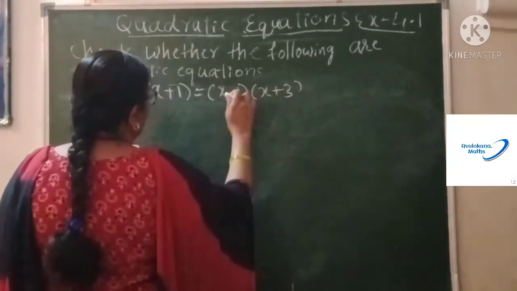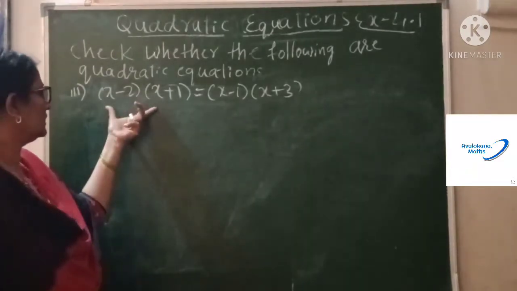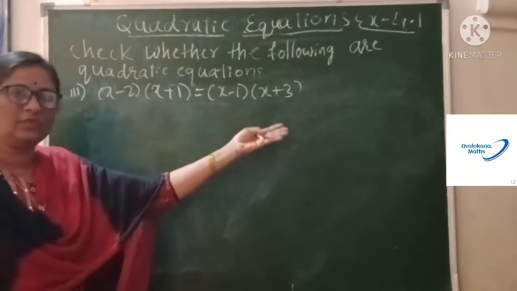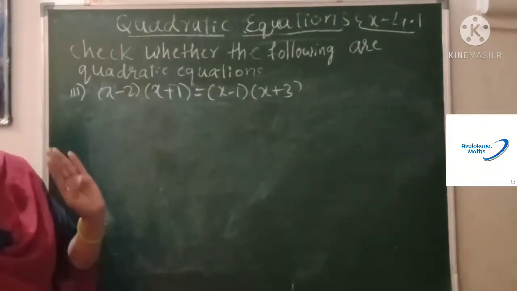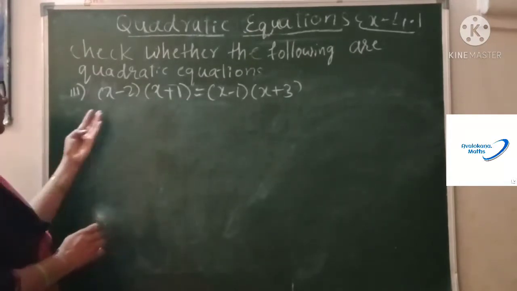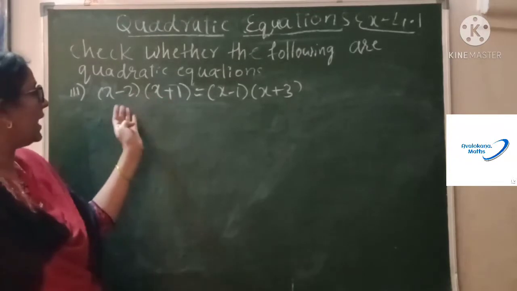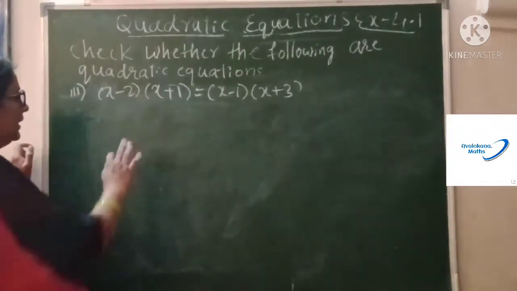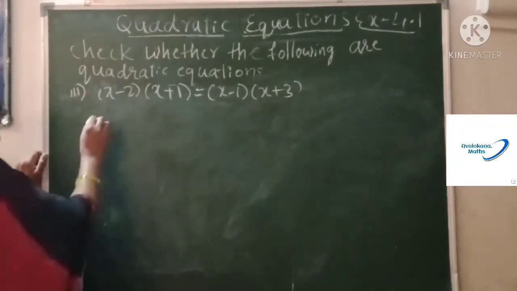See children, you have a combination of brackets here. These are two brackets and these are two brackets. First we will simplify, and we will transfer the terms of the RHS to the LHS in a very easy way. I am going to explain. There are many methods to multiply the brackets. One of the best, easy methods so that everyone can understand. I won't say the correct one, all the methods are correct, of course. The easiest method is something like this.